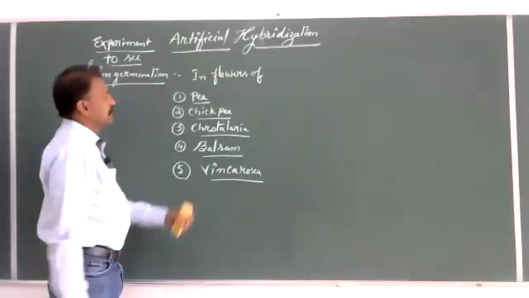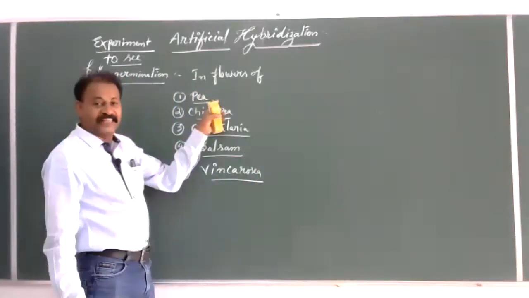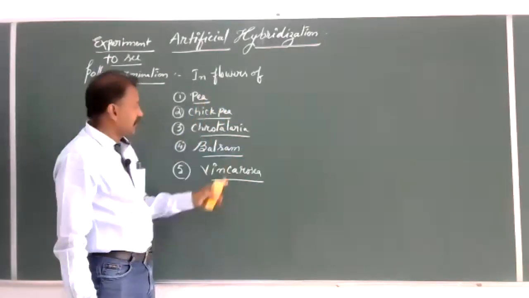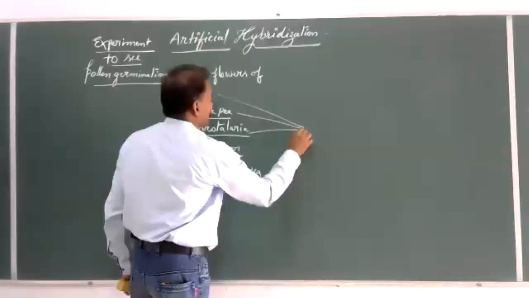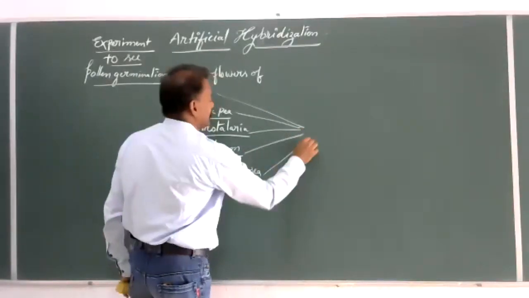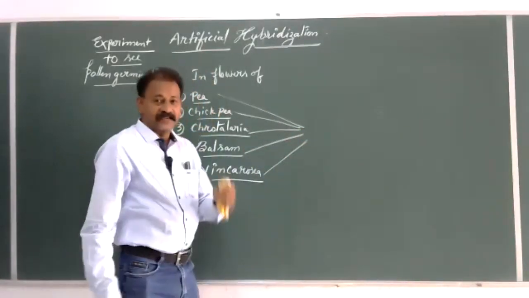So, if we take the flowers of any of these plants, either pea or chickpea, Crotalaria, balsam and Vinca, take the